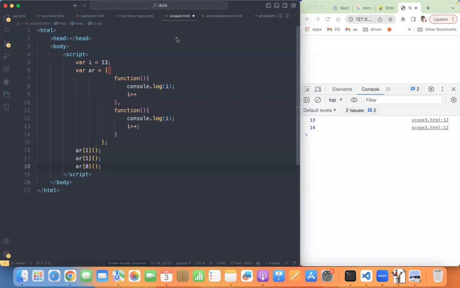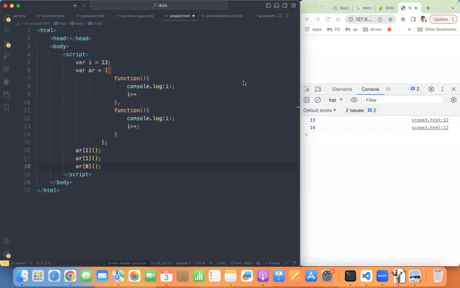Chalo, what is your answer Surya? 13, 14, 13. Okay. Aruna says 13, 14, 15. Oh, Shivaji says 13, 14 and 14.